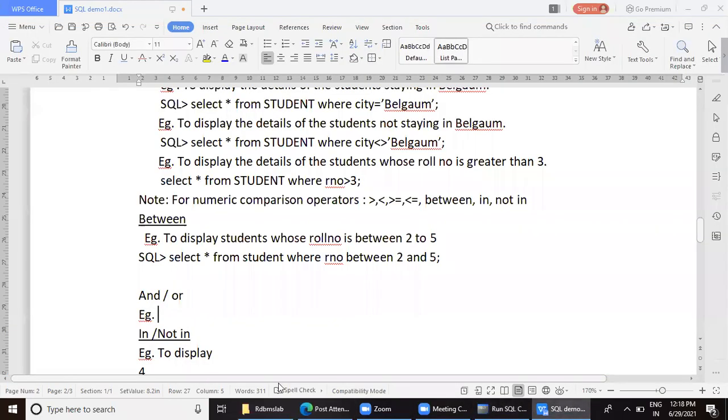So all of you take down the question: to display students who stay either in Belgaum or Hubli.